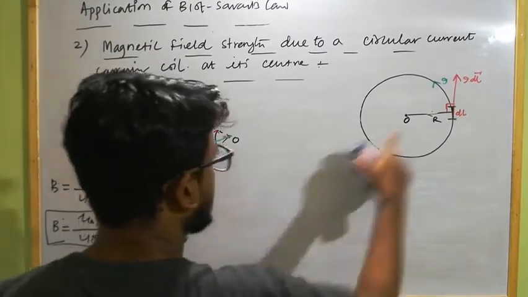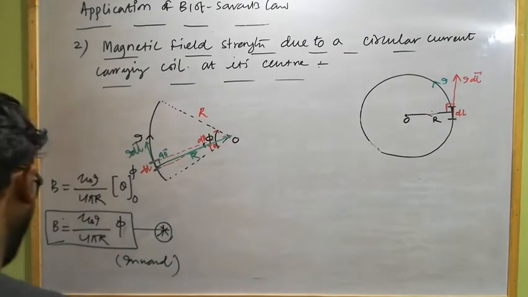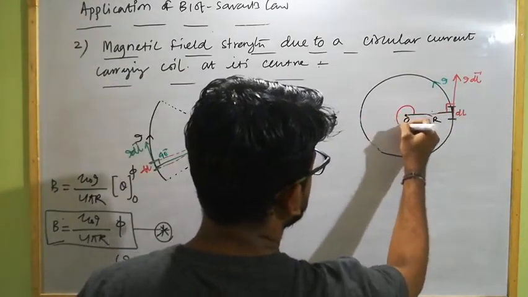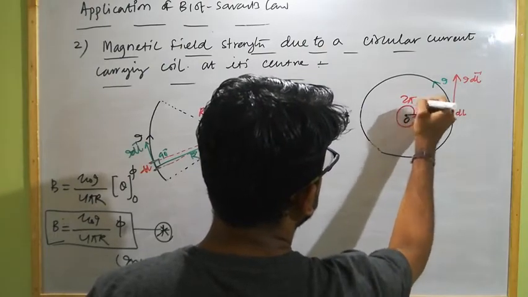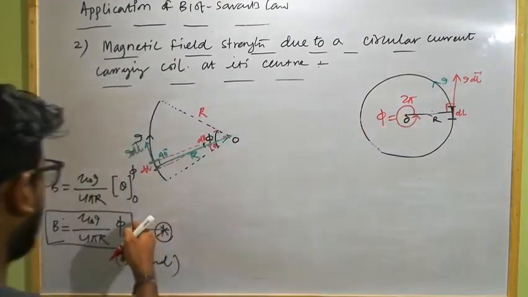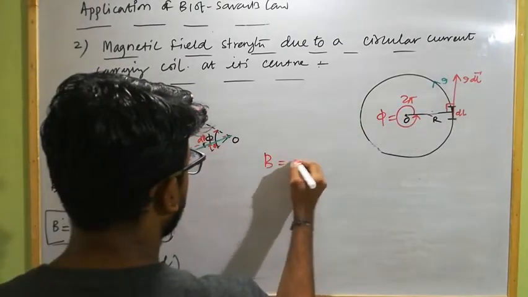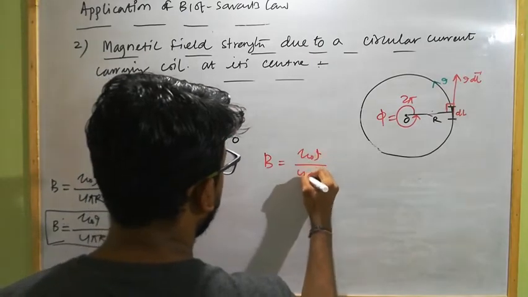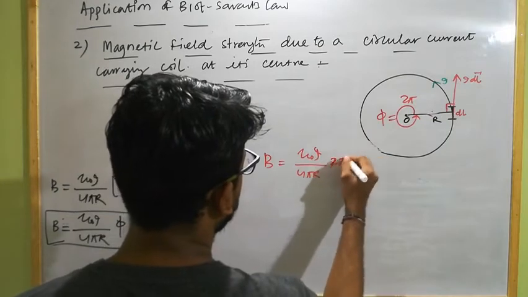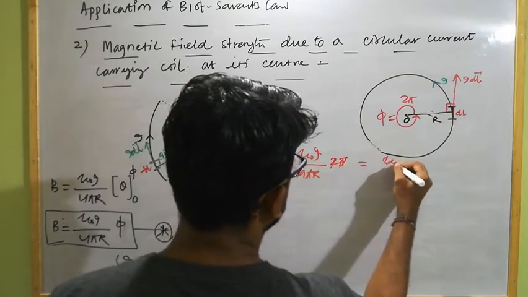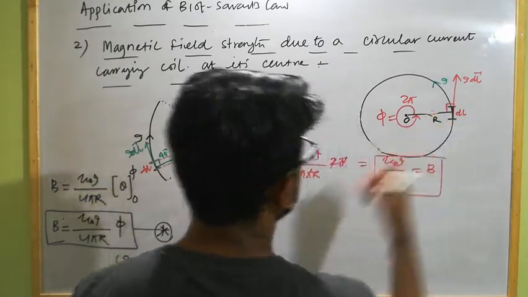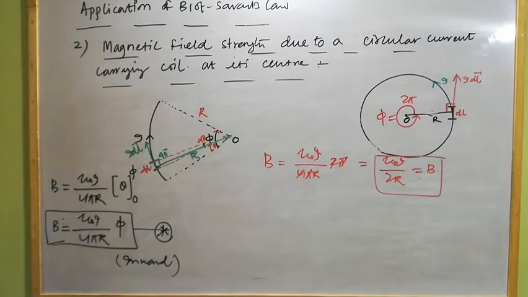Here it is a complete current carrying circular coil. So for a complete circular coil, it makes an angle how much? 2π at the center. So replacing φ equal to 2π in this formula, we will get how much? B at the center equal to μ0 I by 4π r. In place of φ we can write 2π. For a complete circle it will become how much? μ0 I by 2r. This is the net magnetic field at the center of a complete circular current carrying coil.